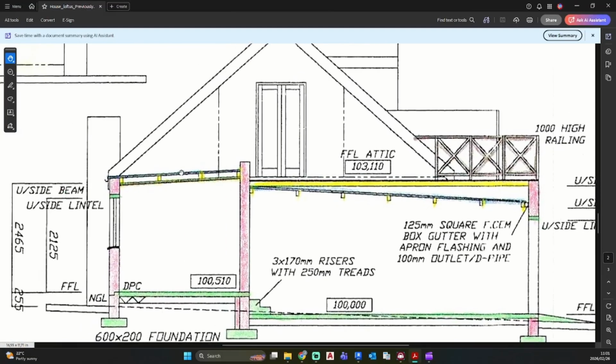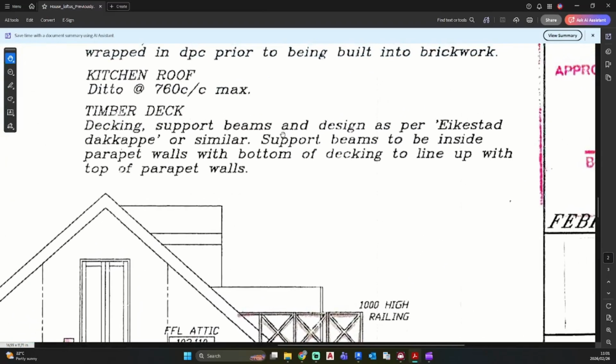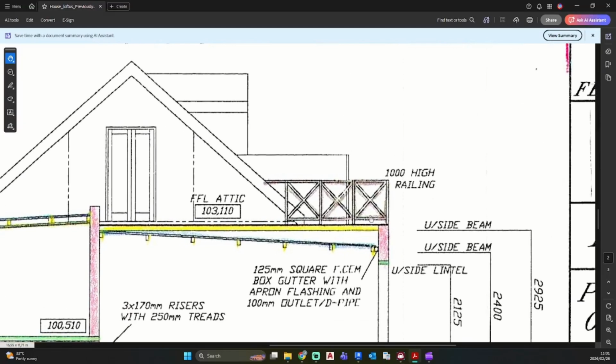So I'll be creating this sloped roof here with these mini rafters, and then the garage roof with its rafters, and then I did look through this. The only timber deck support beams and design as per Acre duck upper or similar support beams to be inside parapet walls with bottom decking to line up with top of parapet walls. So that is leveled there. So we can go and